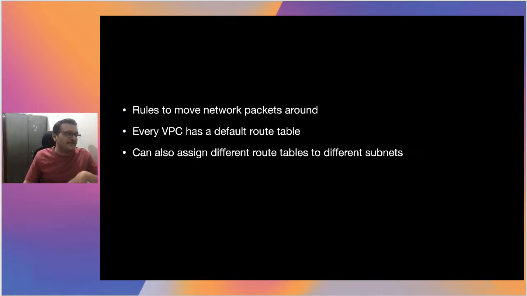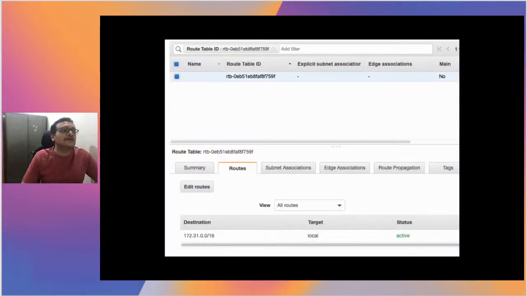Now, every VPC, when you log into your AWS account for the very first time, when you sign up and get in, you will already have a VPC in the region of choice, and that region will have a default route table, right? This is associated with the VPC already. Now, the fun part of the route table is I don't need to use the default route table. I can assign different route tables to different subnets, which means that I can say some subnets can shape traffic in one way and some other subnets can shape it in another way. And this is sort of what the route table